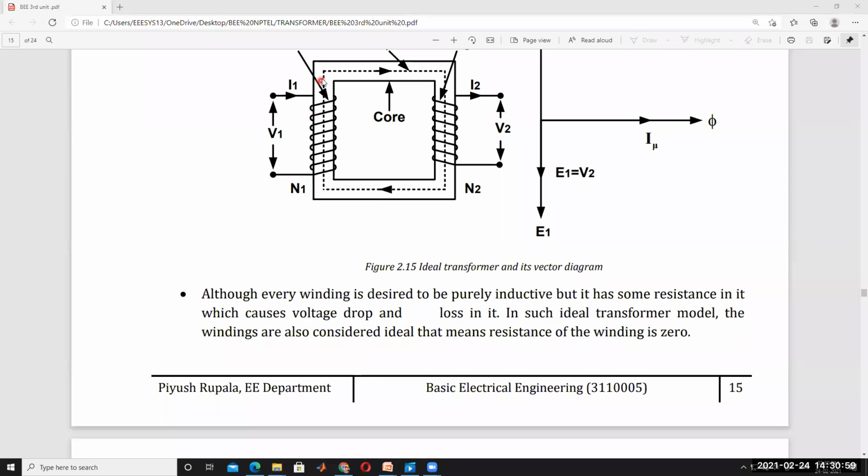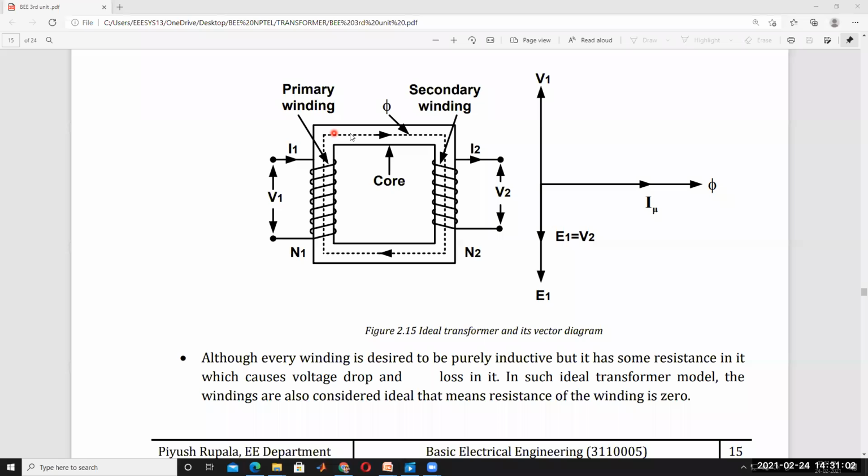The flux always chooses the low reluctance path, you know well. The transformer core has very little reluctance. That's why the flux links to the transformer secondary winding through the core, not through the air gap. If the flux does not link to the secondary winding, that flux is called leakage flux. Whatever flux generated by the primary that is linked to the secondary winding is called useful flux.